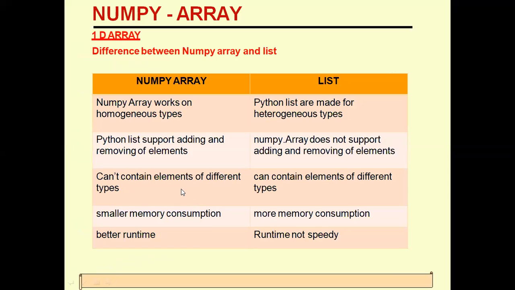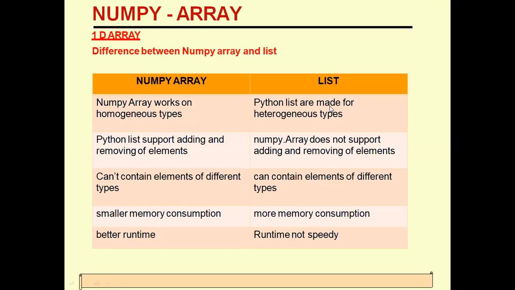So next, we'll discuss the difference between numpy array and list. So list you have already used in class 11. Here, numpy array works on homogeneous type. Homogeneous means once you declare it, I have declared it as num. So all the values in an index will be assigned as num0, num1, num2, num3, num4, num5. What is the last element? That will be -1. So that is called homogeneous. Same variables can be shared with the different indexes.